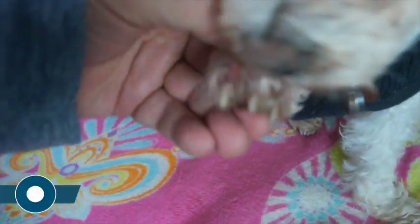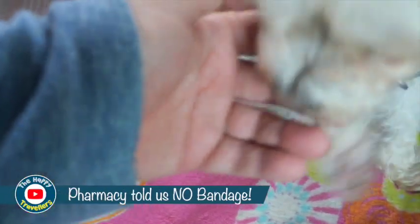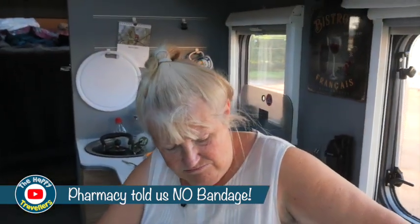I thought I might put a bandage on it, but she said not to, so I don't know. Actually, it's better than it was yesterday. Yesterday evening, it was massively swollen, like twice the size of that. So maybe the antibiotics are starting to work. So we're giving her